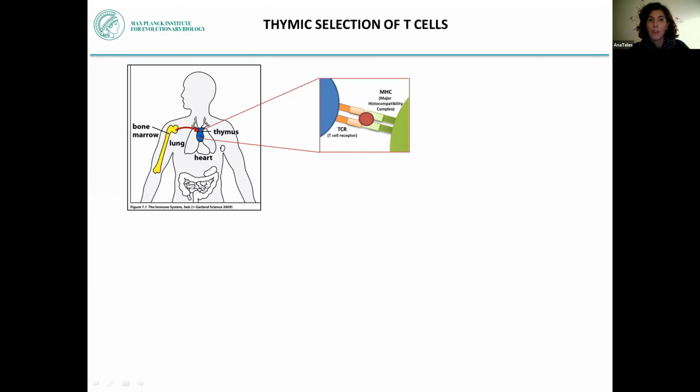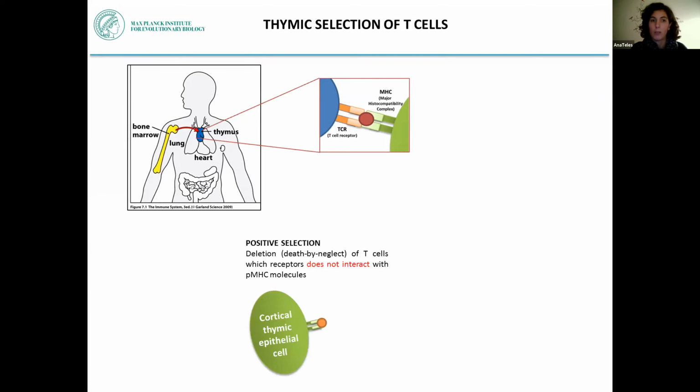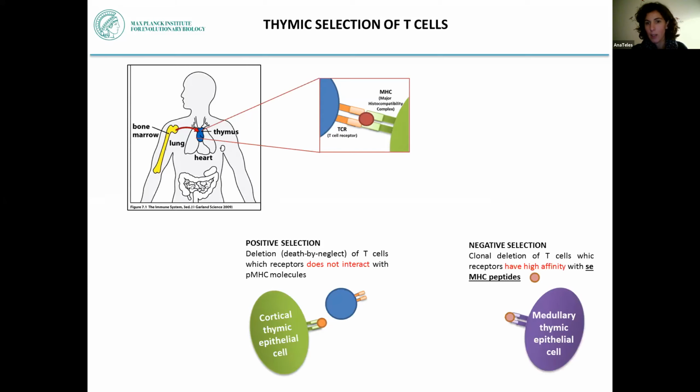And first they go into a process of positive selection, where there is the deletion of T cells that do not interact with the peptide MHC molecules, and only the ones that interact can survive,